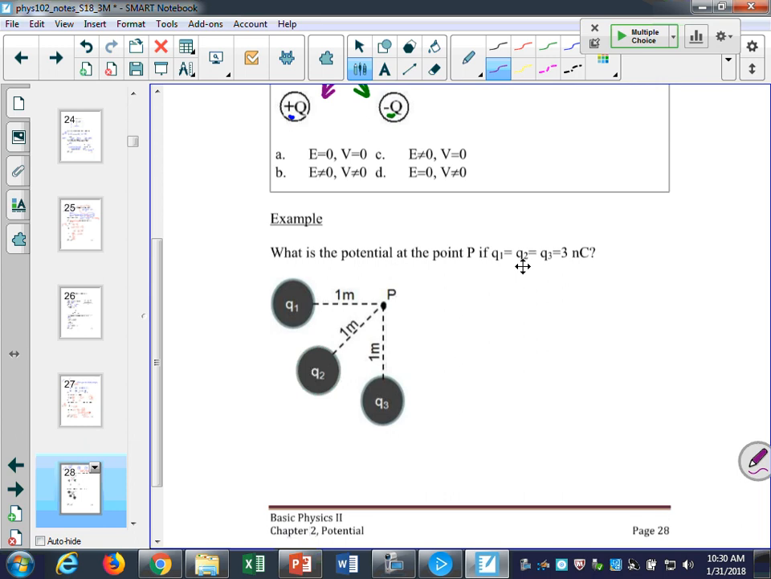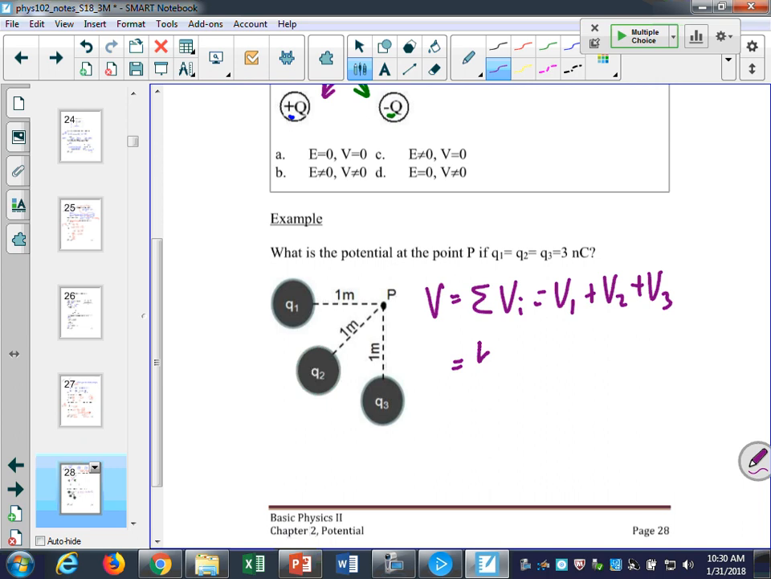All right, let's calculate just as an example, and you'll have to do this on the test. You'll get a collection of charges, 2 or maybe even 3 charges like here, and I'll ask you what is the potential at a particular point in space. In this case, I have Q1, 2, and 3. They're all 1 meter from a point P, and I just want to know the potential. Well, the potential is going to be the sum of all the individual potentials. That's going to be V1 plus V2 plus V3,